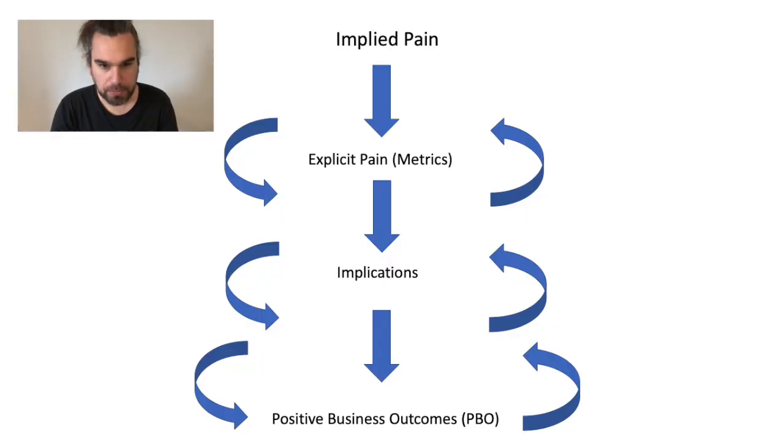Once we've found the implied pain of the customer, and again, remember, we've really got to attune our ears to make sure that we're picking up on those little clues that customers give us around implied pain. Our objective then is to try and turn that implied pain into what we call explicit pain. And one of the most powerful ways of doing that is quantifying the pain and also getting a timeline associated with that pain as well. Now, this might be a goal, an objective, a challenge, whatever the case may be. So let's look at this as an example.